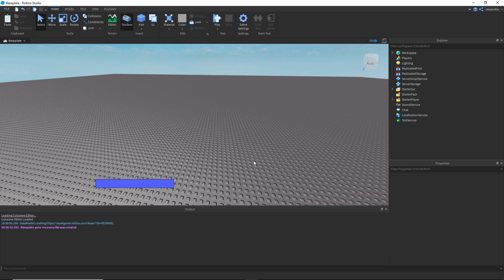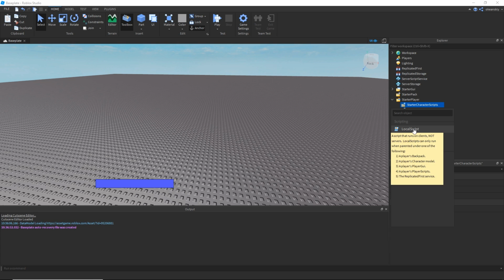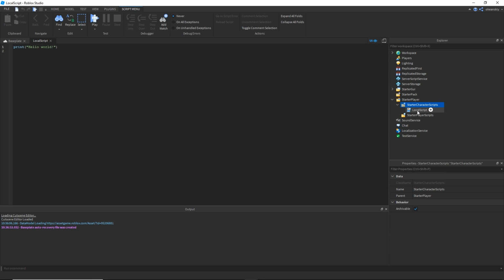Once you finish the GUI for the stamina, you now need to implement a little client local script to listen for whenever the player hits the sprint key, which can be whatever you want. So we're going to go into StarterPlayer, and into StarterCharacterScripts. This is going to load every time the character is loaded, because we need the character to sprint. I'm going to insert a local script into that and call it